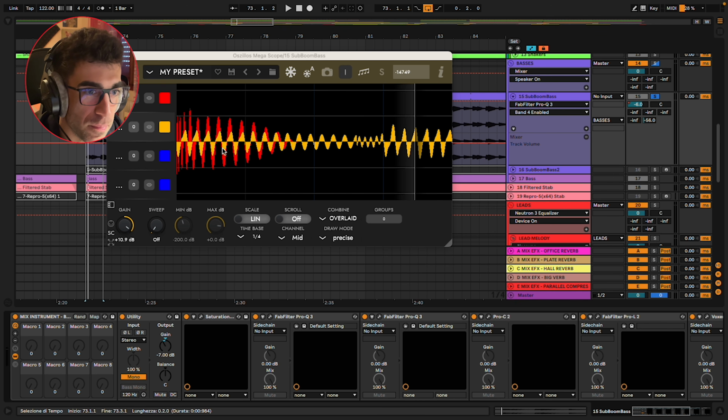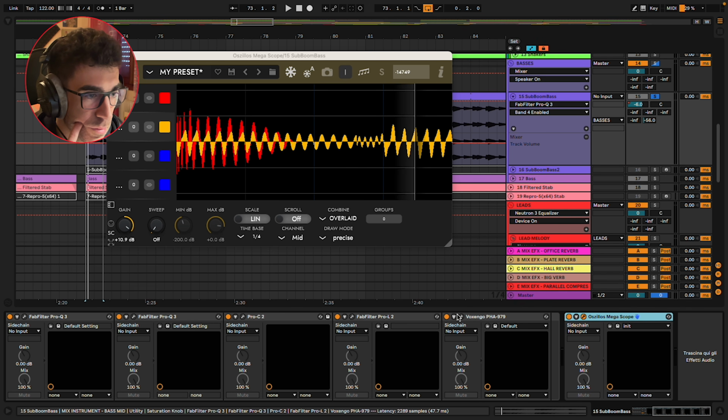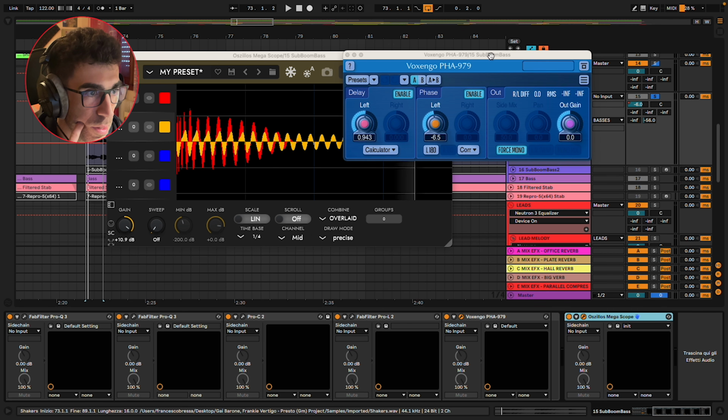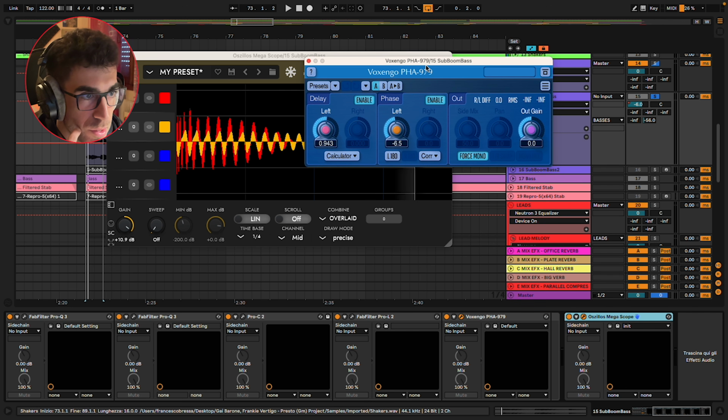And mainly if the bass is more than one note and it's not a sine wave, it's much more difficult, but you can still gain nice results. And for this sound in particular, I used PHA, and I delayed the sample a little bit, and then I moved the phase just a tiny bit, and everything is in mono, so I'm just working on one single channel, and I aligned it with the kick drum.